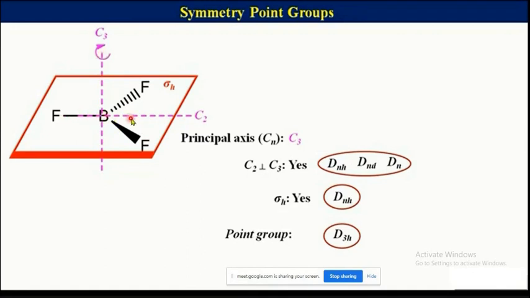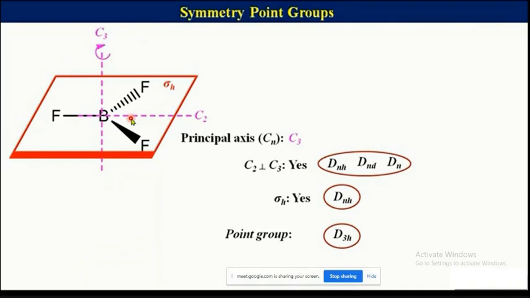So what are the probabilities of the point group? Only three: Dnh, Dnd and Dn. Now to rule out the rest of the point groups, what you need to think about is whether sigma h is present or not. I'm not talking about the rest of the symmetry elements. You only need to find out the axis of rotation, and then find out whether the given molecule has sigma h or not. Then whether sigma d is present or not. Then you will be able to categorize which point group can be present in a given molecule.